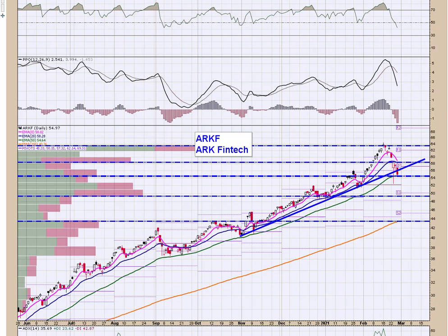Spearheaded by Kathy Wood, who has become quite the maven over the past year as her ETF family has exploded in market cap and assets under management. And the reason I wanted to spend some time with it is because, as you know, the technology and bubble stocks have been under a lot of selling pressure over the past week. And with her family of funds squarely in the center of that sector, I thought it would be a good time to really go through and see where the charts are at